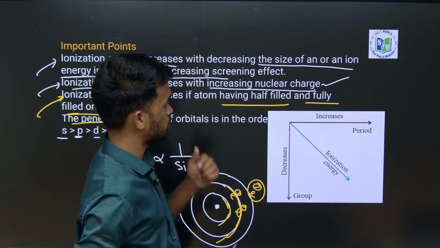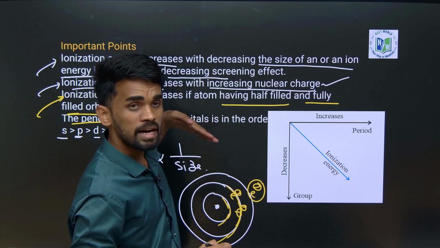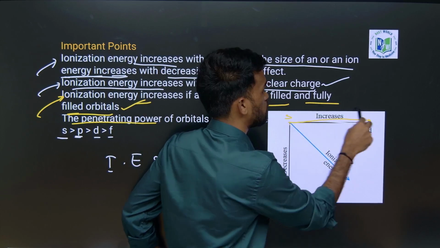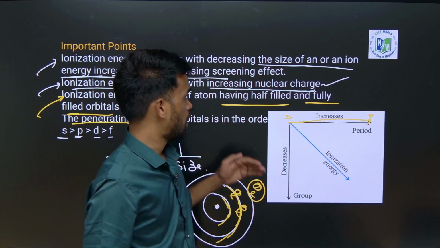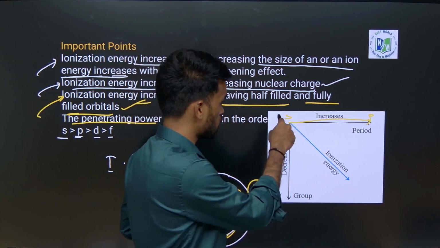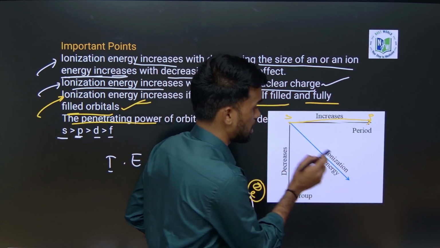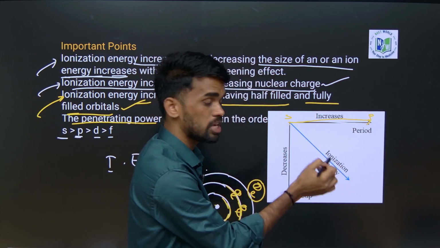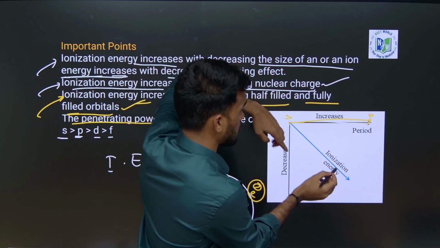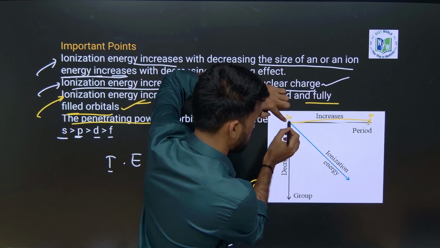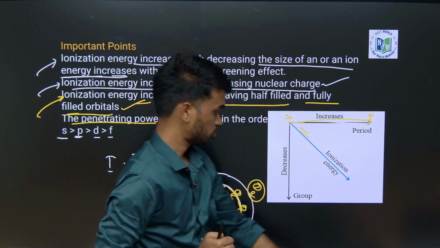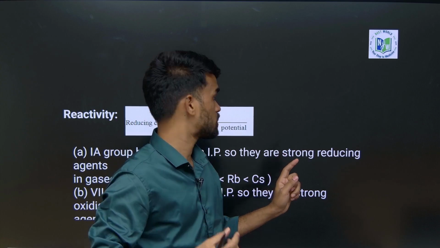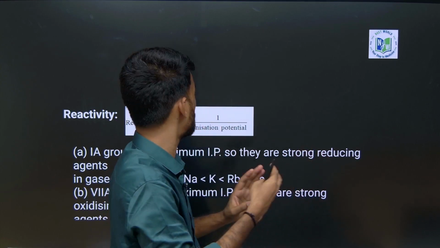It's about ionization energy, important points. See, now in the periodic table, from left to right, I mean from S block to P block, we know ionization energy increases. Generally, down the group it decreases. If we go diagonally, the elements placed diagonally will have similar ionization energy, because one side is increasing and the other side decreasing, so it will be almost the same. Due to those kinds of reasons we need to study some more concepts called diagonal relationship. We will be discussing that later.